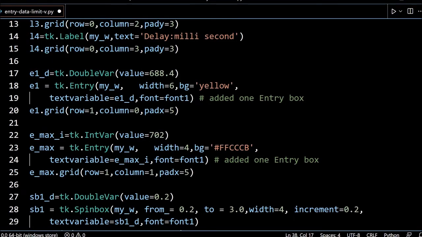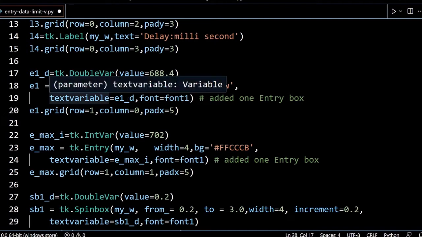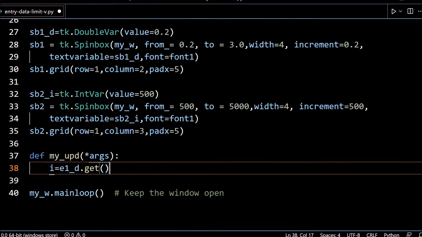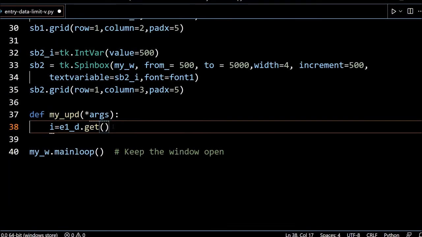D means double, it's just for my own understanding. It is connected to the text variable e1d, the entry box in the leftmost column where the final data comes. So I am using e1d because it's a double variable.